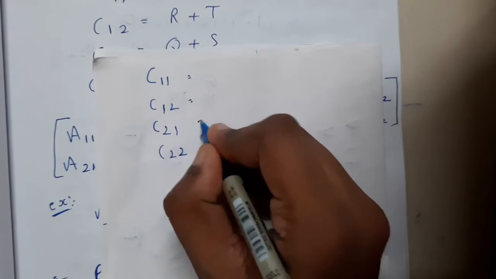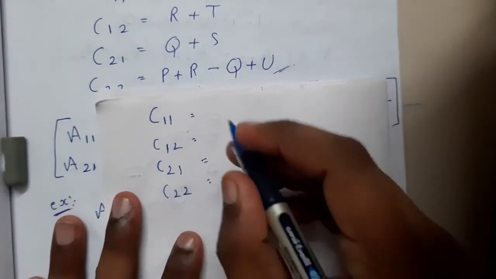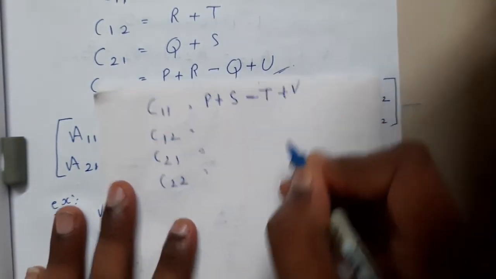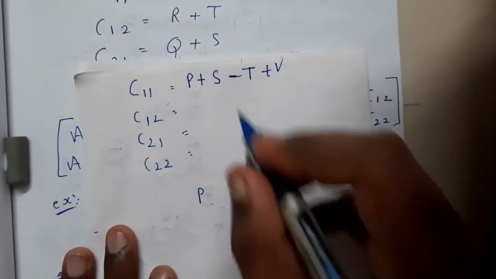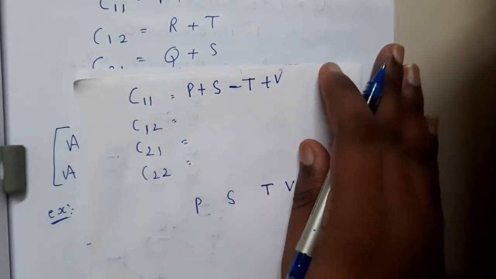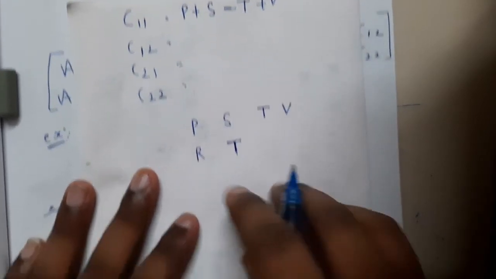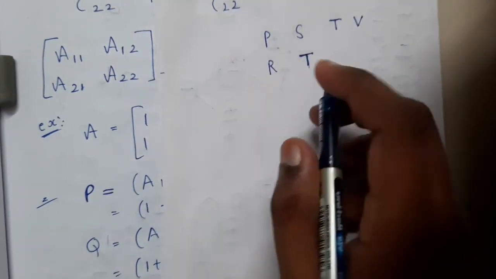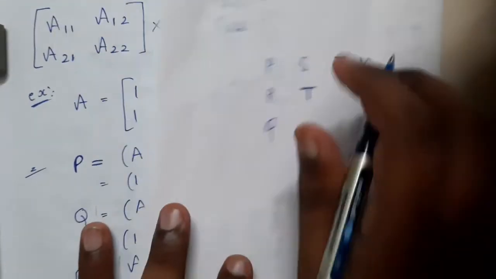So assume a few statements. In police station there is a TV. So police station, PS, is nothing but police station. There is a TV. So you can write police station, TV, television. So in television, Ratan Tata is coming, like any kind of his ad or something. So Ratan Tata, RT. What is the letter before R? It is Q, and before T is S. So finally we got this.